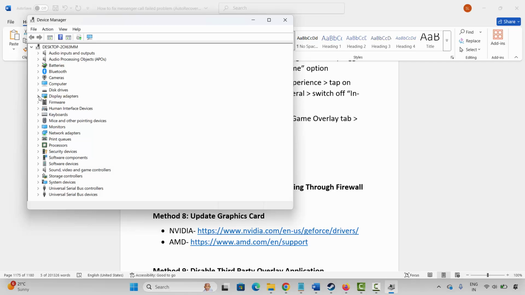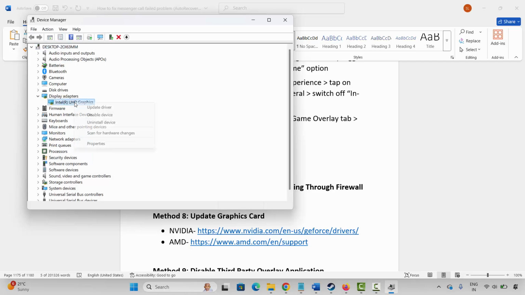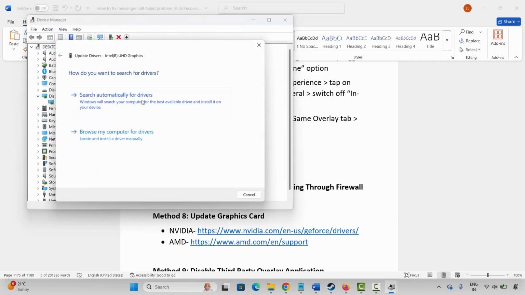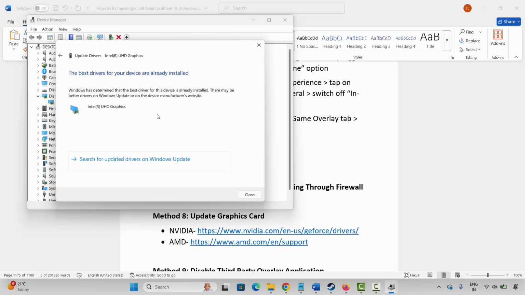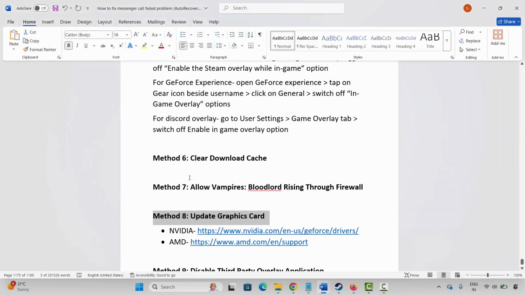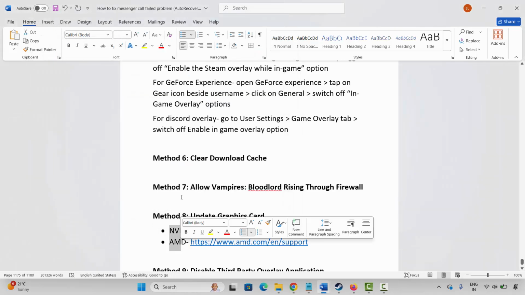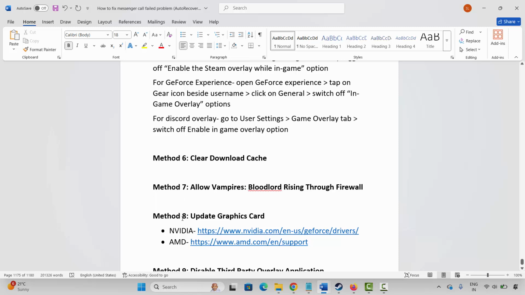Here expand display adapter, select your graphics card, right click on it, click on update driver and then click on search automatically for drivers. So this will check and update your graphics drivers. Once done, now launch the game and check. NVIDIA and AMD users, go through the link already provided in the description and you can easily update your graphics